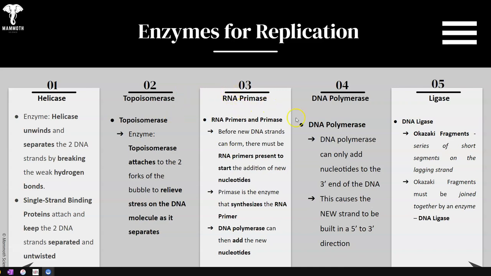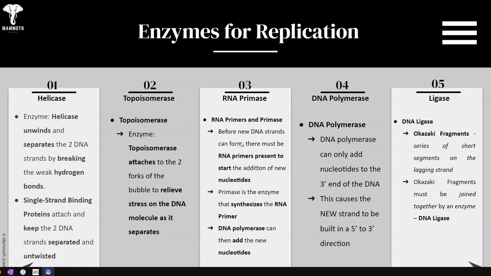Then you have RNA primase. RNA primase lays down little segments, little pieces of RNA called primers. These primers present a start recognition for addition of new nucleotides to be laid down. Primase is an enzyme that synthesizes the RNA primer, and then the next enzyme, DNA polymerase, can then attach to